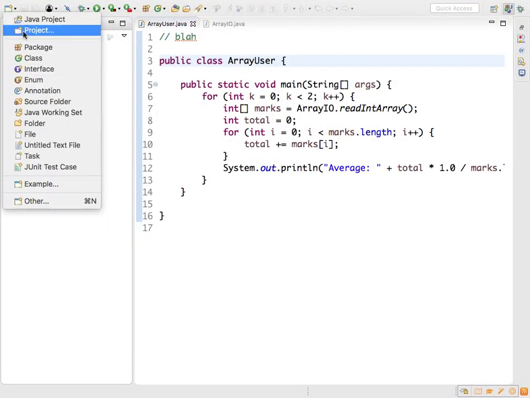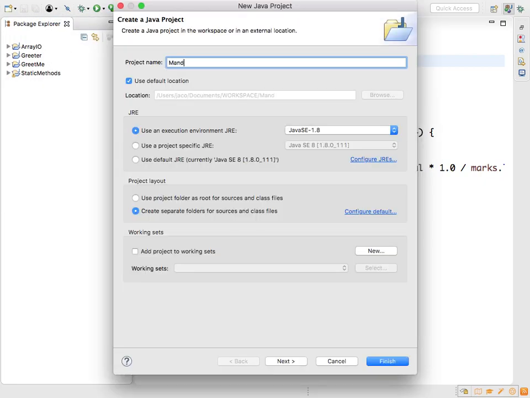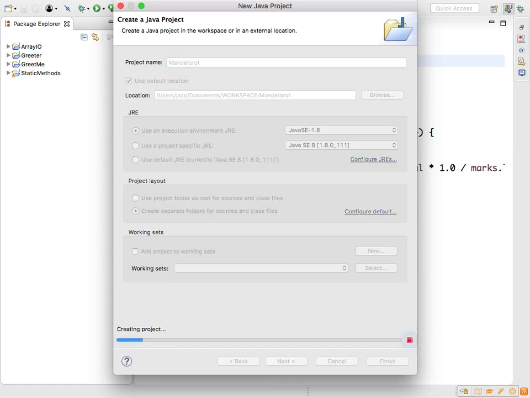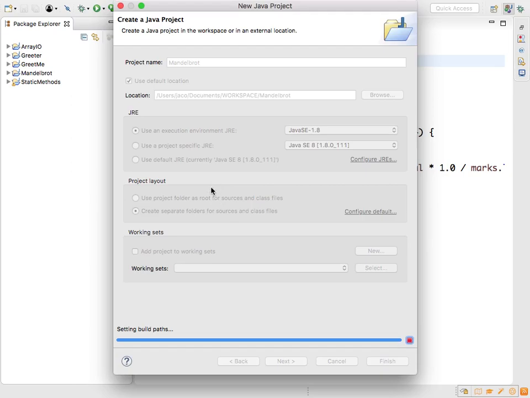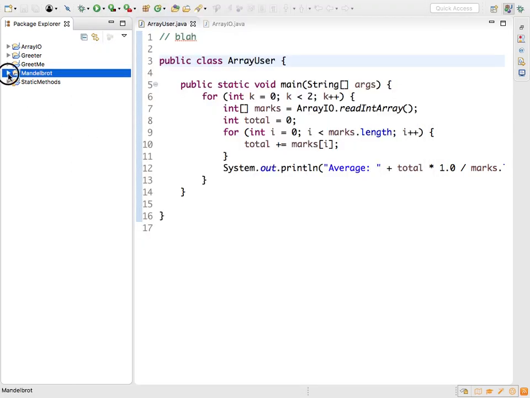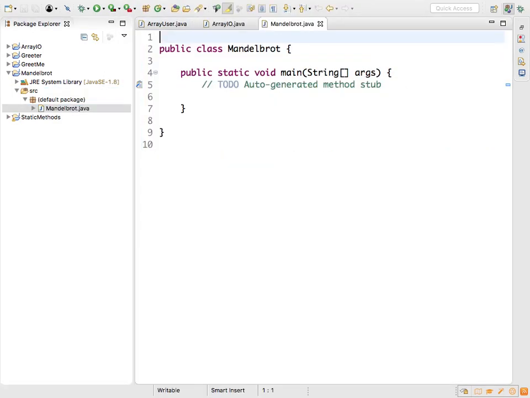So I'm going to start a new project, make it big, the bigger the better. New Java project, Mandelbrot. Man, why don't I uninstall this stupid plugin? I never use it. Say again? The public class. Remember to click the block. Oh, to click it. Thank you very much. Okay, click. Happy now? Mandelbrot.